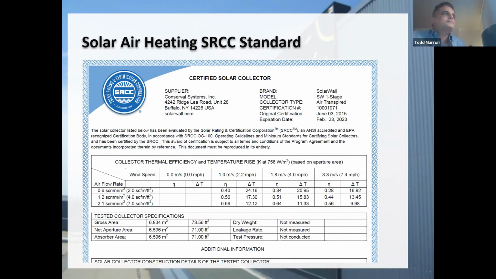Hey, Todd, while you're chatting, you had mentioned a few minutes ago about some more of the applications where you've seen the wall deployed. Do you guys have any situations where like a bank, an institution, a financial institution has put a solar wall on their building? A bank specifically,